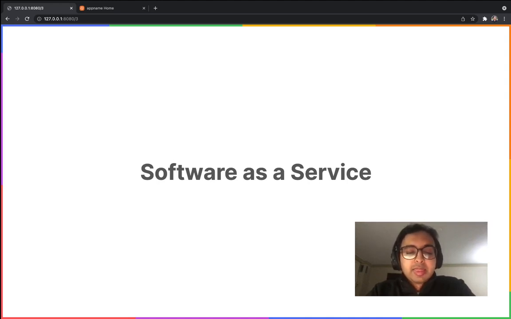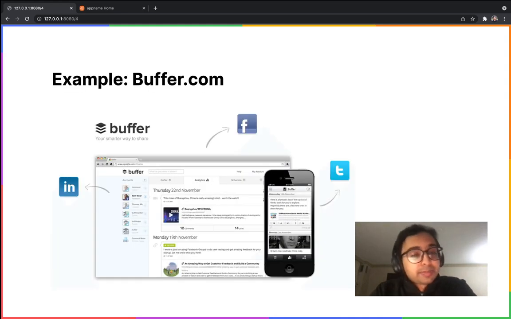A software as a service, on the other hand, is a hosted service that delivers software. And there's a lot of advantages of that. One of which is you can instantly do updates. And second is it's easier to make that software multiplayer and allow other users to collaborate and interface with other APIs as well. So some examples of those software as a service products include things like Buffer, which is a